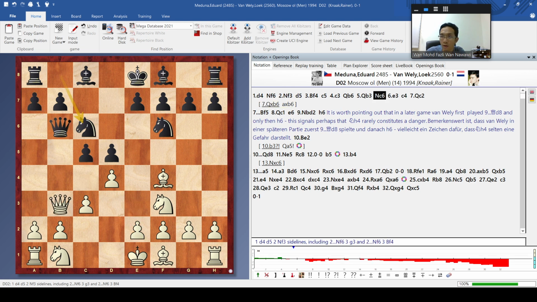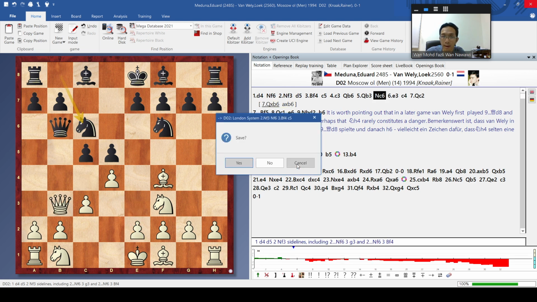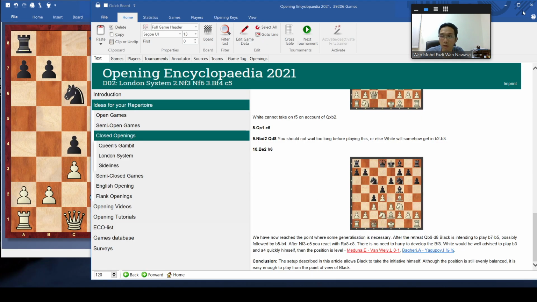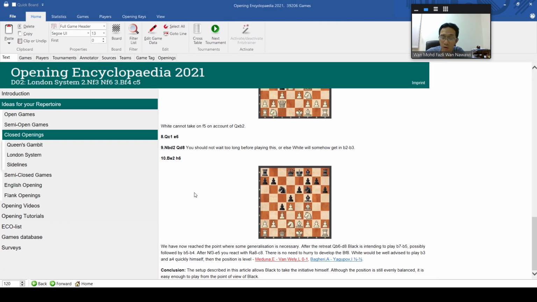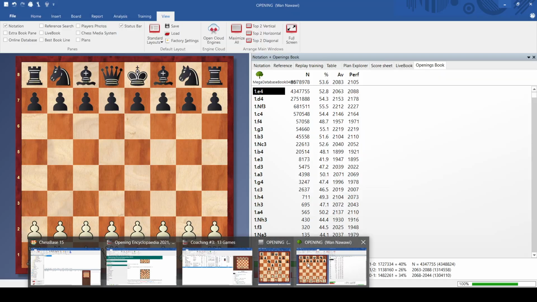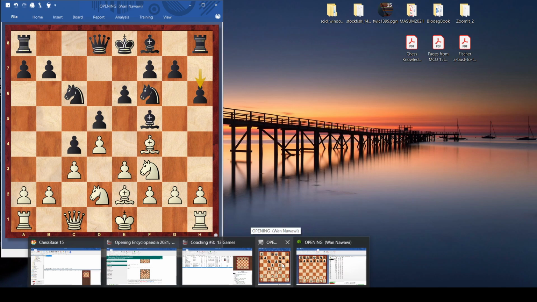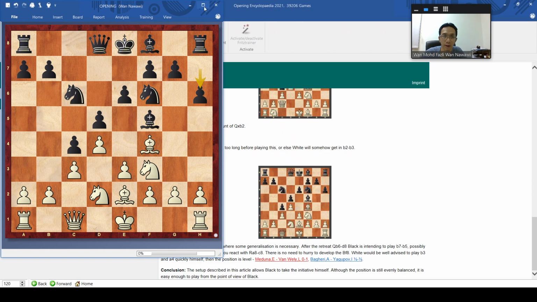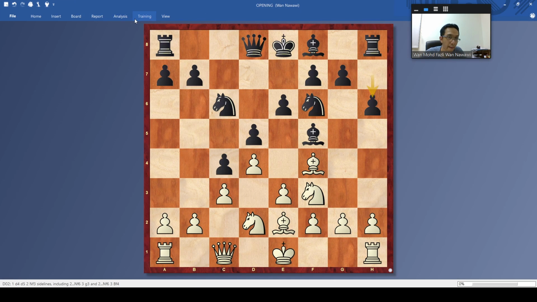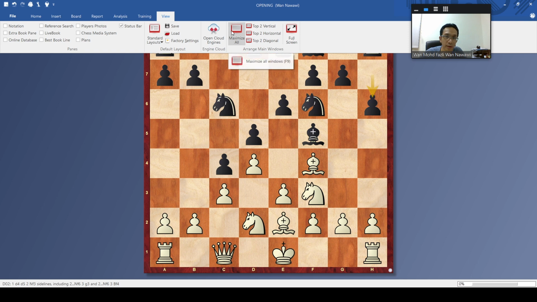So that's one of the reasons why this opening encyclopedia is useful, because it gives you the idea. You can go to your ChessBase or whatsoever, and open this, and open whatever. Let's say I make it view standard layout.